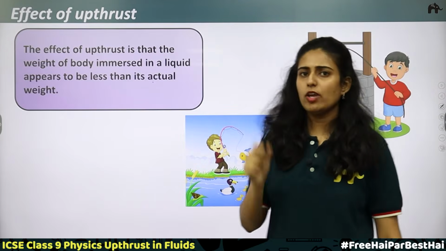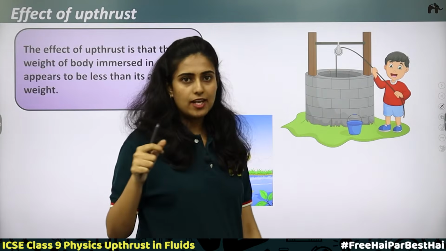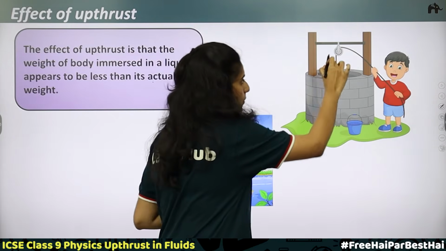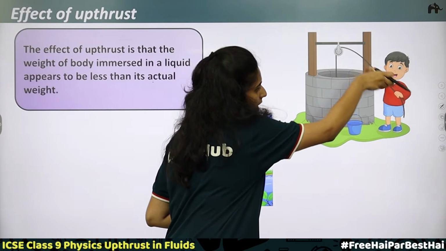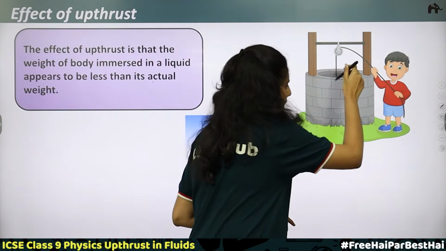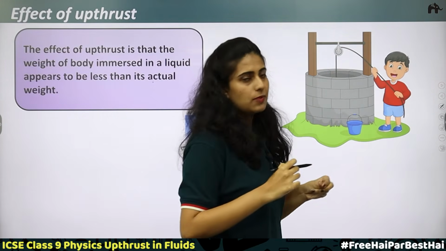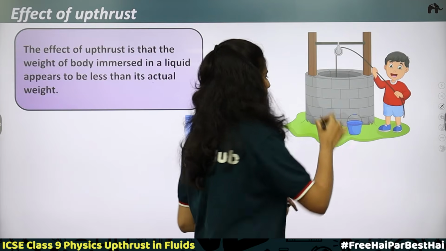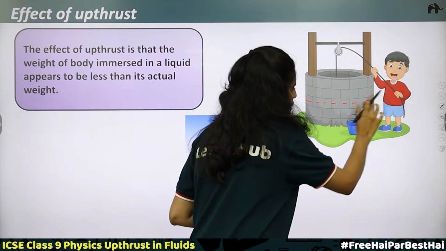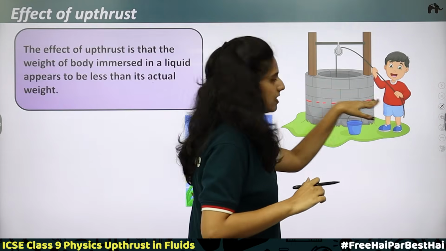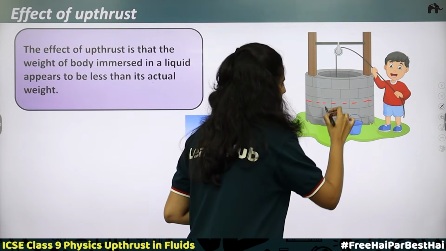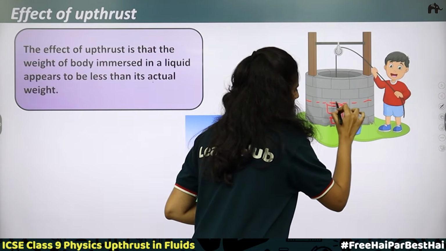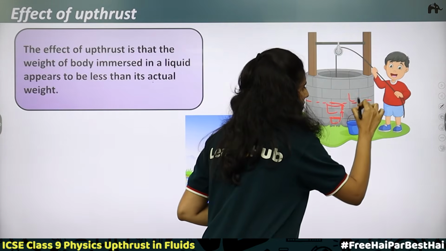Effect of upthrust. Have you ever tried to lift a bucket of water from a well? If not, just try this. Take a rope and tie a bucket to it. There will be a pulley. One end of the rope you are holding in your hands. Then you are releasing the bucket. It goes deep inside the water. When it goes deep inside the water, what happens? Water gets into the bucket and it is filled with water. Let's say till here there is water. This is the free surface. Till here there is water inside the well. Now when you try to lift, the bucket will start from here and reach here. When you pull, it will